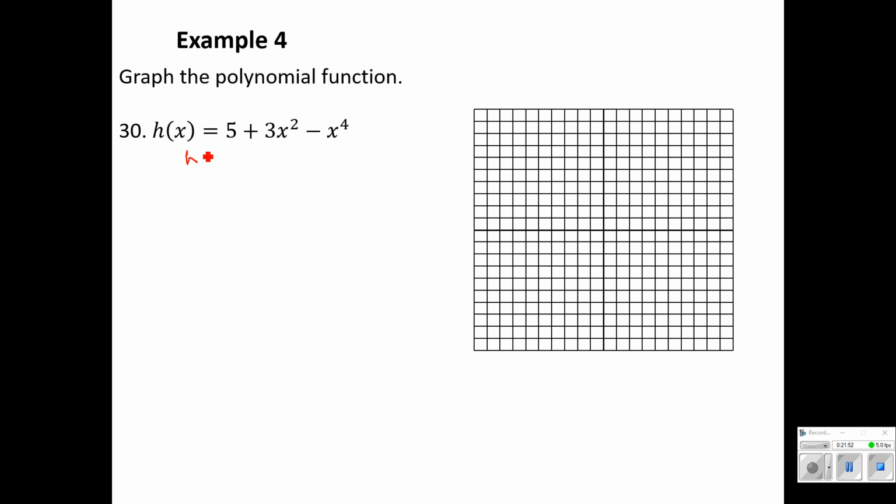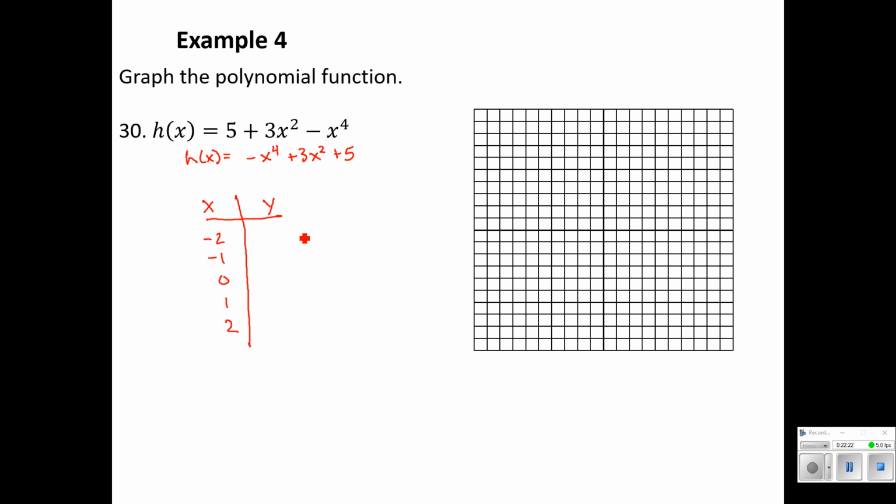All right, here's another polynomial function to graph. We're still going to use just a table of values. I'm going to put it into standard form just so it's easiest to work with. And now 2 to the 4th power is 16. So I want to think pretty carefully about what values I choose. Again, negative 2 to positive 2 are pretty good ones to choose. If the points are off the screen, we just won't plot those.